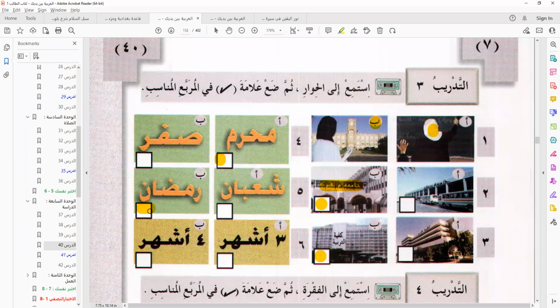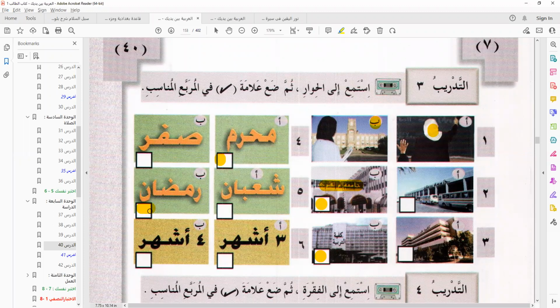Mata means when. Yentehi. It is the opposite of yebdau. End. Yentehi. Yebdau, yentehi. Okay, don't forget.